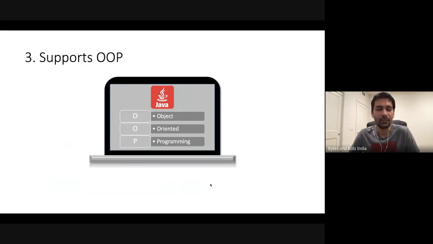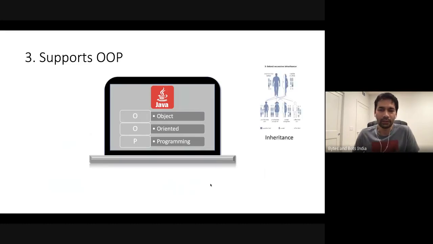As an example, if it was C, then to operate a television, you would have to write everything: check the signal strength, check this, check that. There could be a gazillion things that you have to write before the TV can be started. But with OOP, you can just say TV power on, and it just starts working. Just an example. So what makes a language an OOP language?